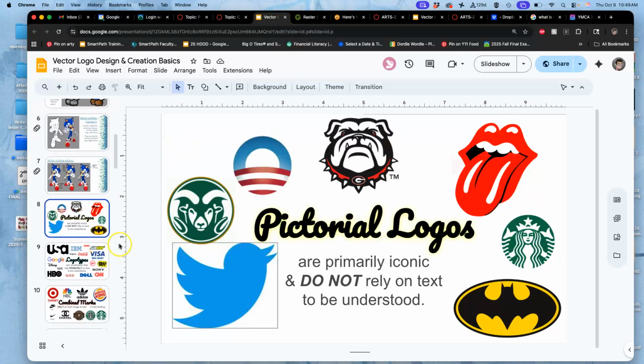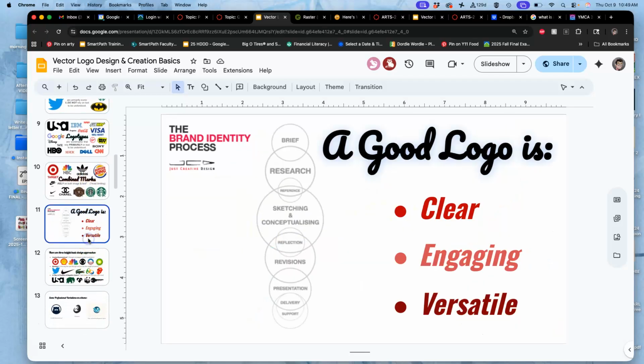Logo designs are all about being three things. And I want you to remember these three things. Whenever you do kind of branding, whenever you do logo types, whenever you do icons or avatars for people or for yourself, we're talking about symbols. Whenever you create a symbol, you want it to be clear, which means there's no confusion when you see it. Right? You want it to be engaging, which means it doesn't look like something they've seen 1,000 times before, right? And that it has some visual interest to it, even if it's subtle. And you want it to be designed in a way that it can be versatile. So it works really small, like on a business card, works really large, like on a billboard. All from one